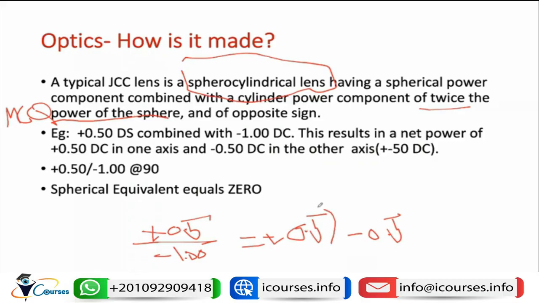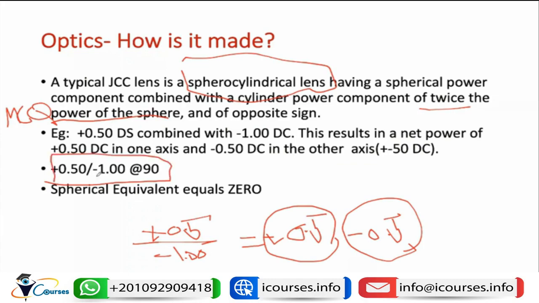This is by transposition. So this Jacksonian cross cylinder will equal plus 0.5 minus 1 cylinder axis 90, and this design has been made